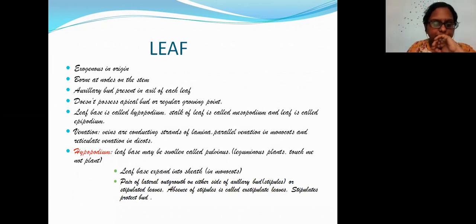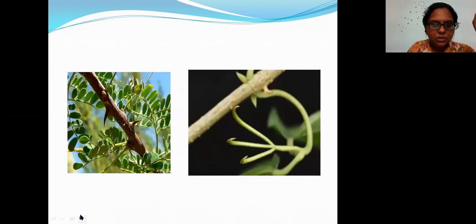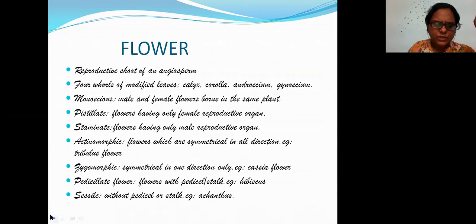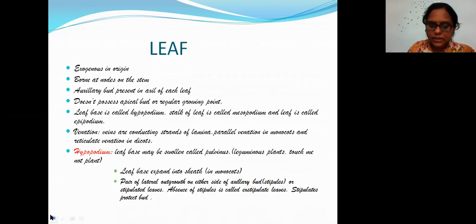Okay, leaf. In your NCERT book you have leaf. So I think the leaf structure is there, and then you have the venation, right? You have the reticulate and the parallel venation. That's all for the leaf in your book. But here I have not taken those points. I have taken, of course, the modification, only two slides. I have not taken parallel and palmate and all. I have just taken the other things that you can read from your NCERT itself.